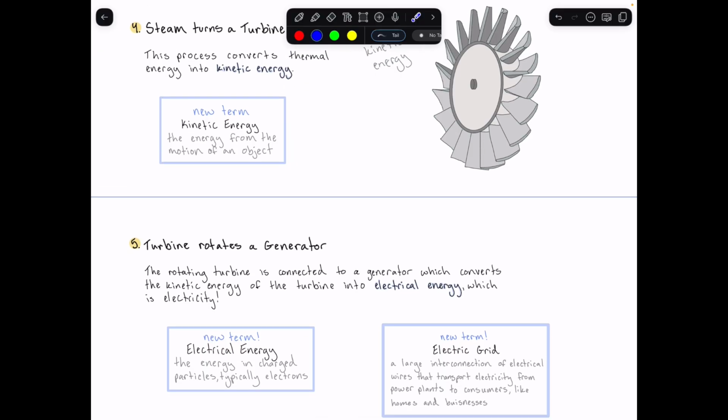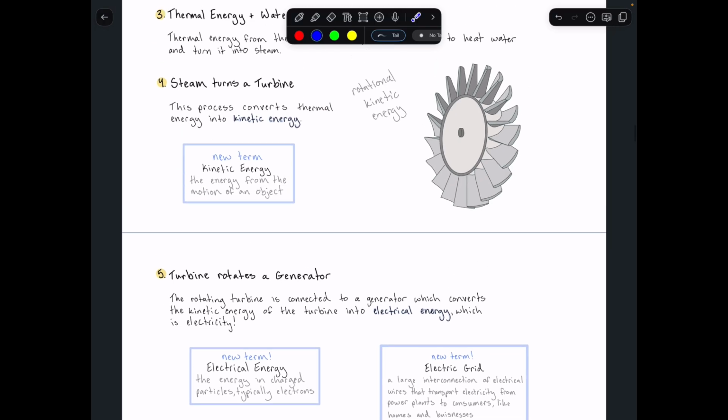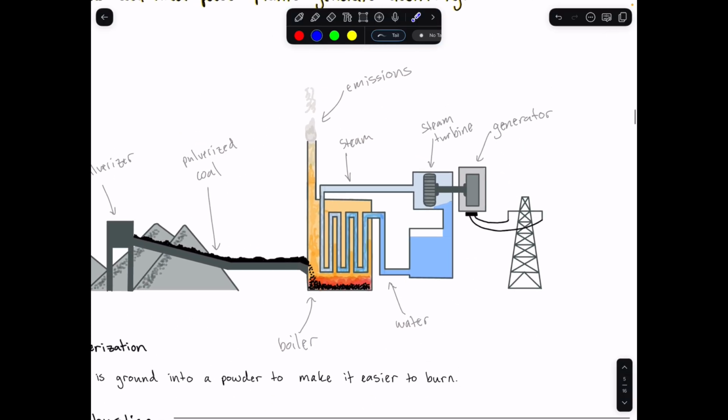So electrical energy here is the energy in charged particles, typically electrons. And in this context, electrical energy is just electricity. So this is what we want as our end product. If we look at this diagram, we can see the generator then